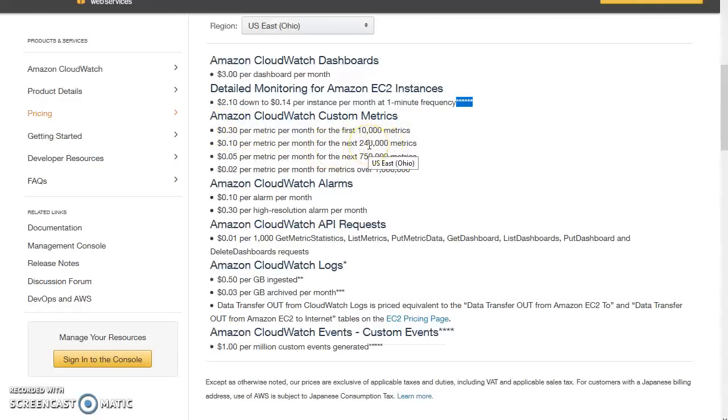Above that, for the next 240,000 metrics, it becomes 0.10 per metric. As you move forward, the pricing goes down. So for the 7 metrics in the highest slab, when you are looking at 1 million metrics, each metric will cost you only $0.02, which means for 7 metrics it is just going to cost you 0.14. So that's why this particular thing is given.